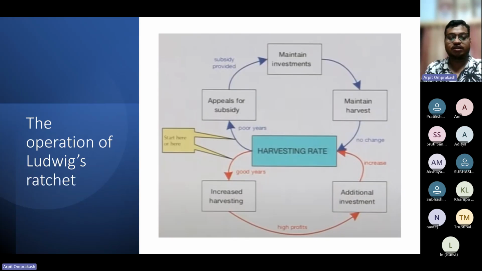Another thing that works in a similar way is something called the Ludwig's ratchet. So a ratchet